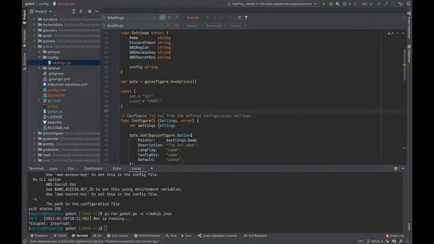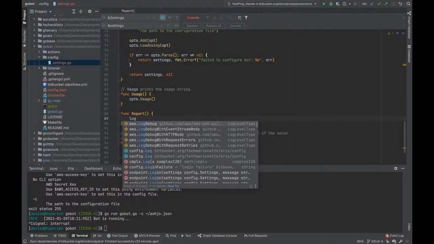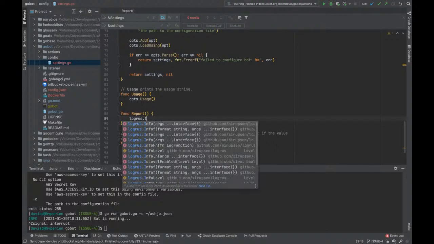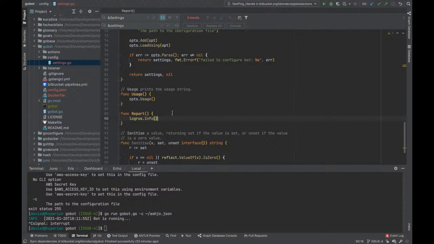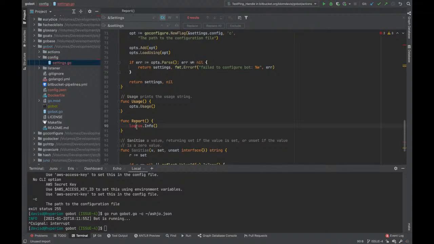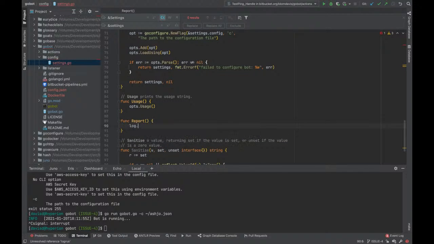So we can then, with report, let's just quickly yoink, and then rename the log. log.WithFields, log.Fields,